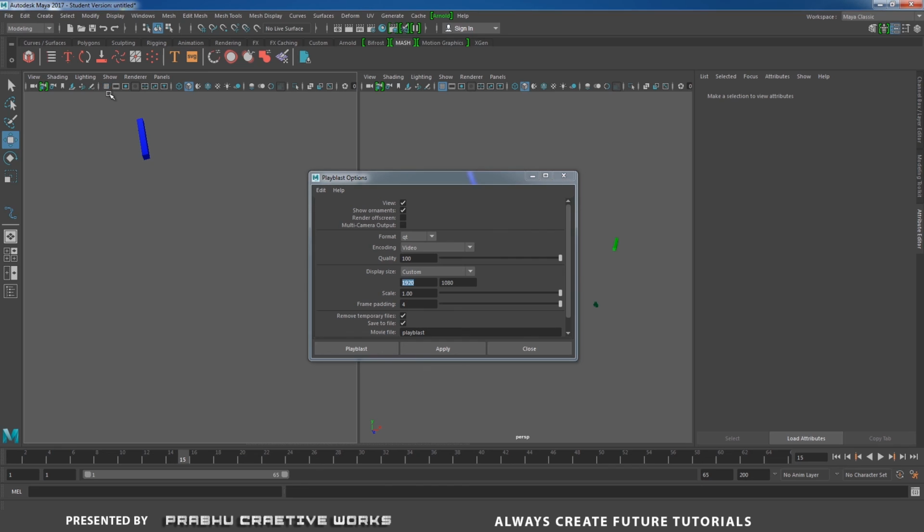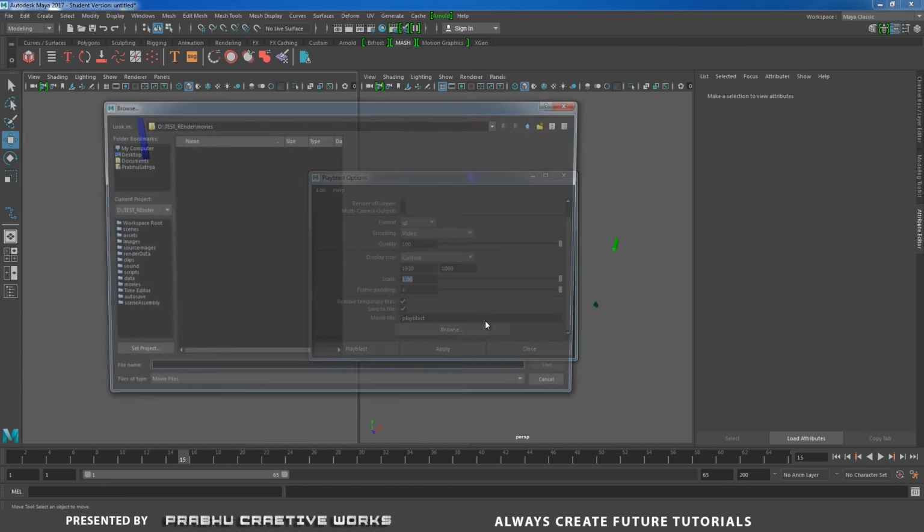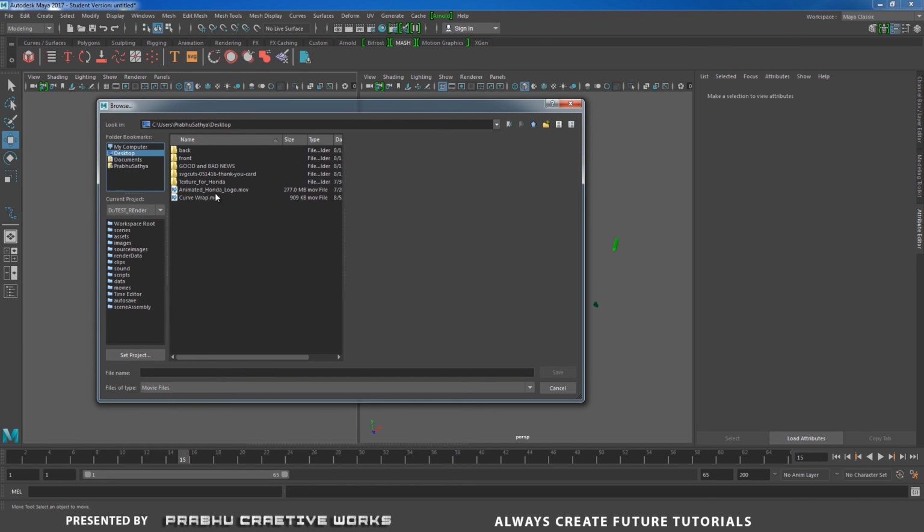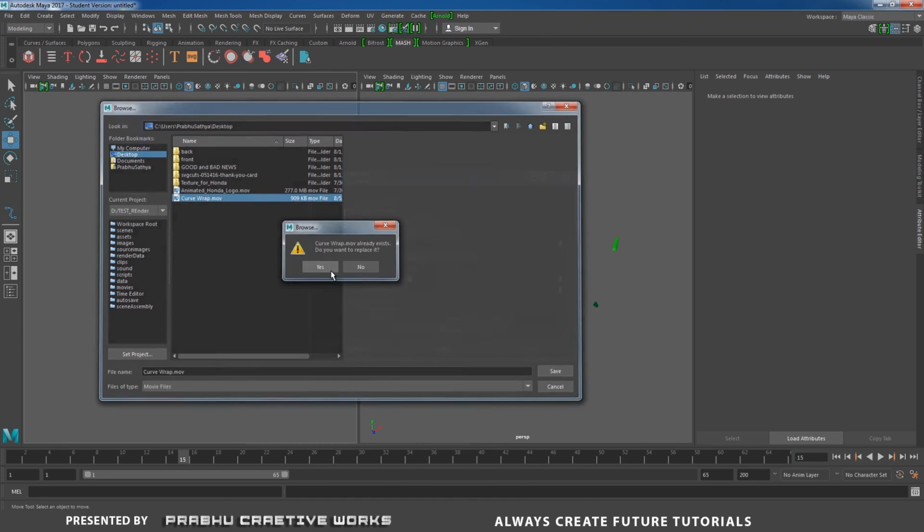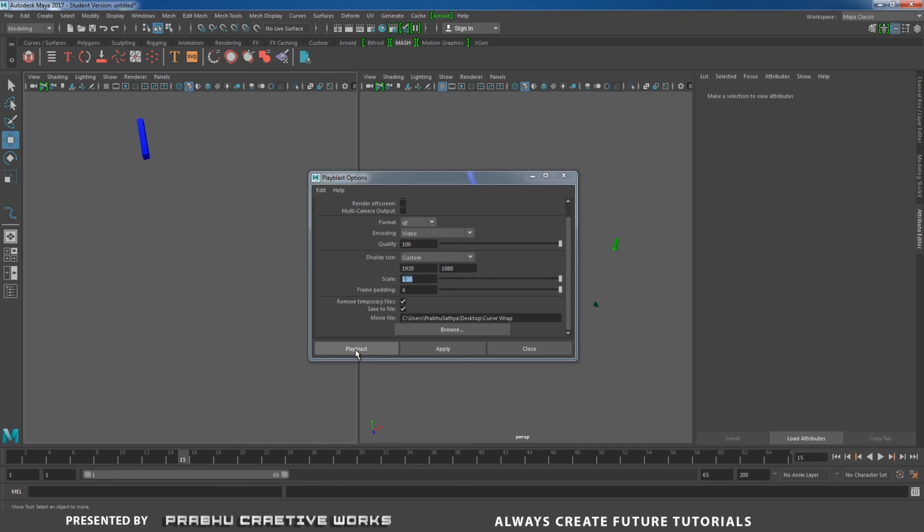I will hide my grid, and give custom settings of full HD 1920 and 1080, scale to 1. Then I want to save in my desktop, so I will choose my desktop. I will name it CurveWrap and save, and then click play blast. Make sure you select this view and click play blast.